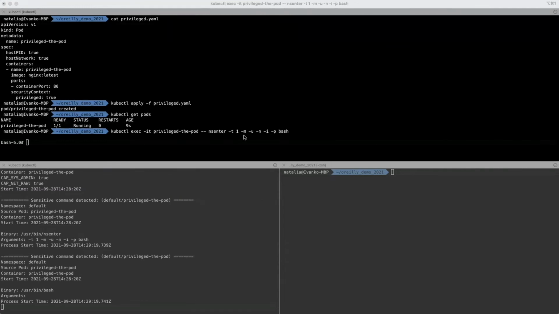So for example, -m is the mount, -u is the user namespace, -n is networking, -i is the interprocess communication, and -p is basically the PID namespace. And in the end, we are running bash. So basically, we are breaking out from the container in every possible way, and we are running bash as a host. So now that we are on the host, we can see that the generated eBPF program was able to